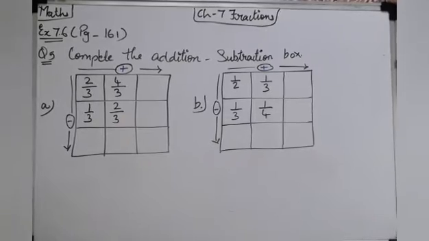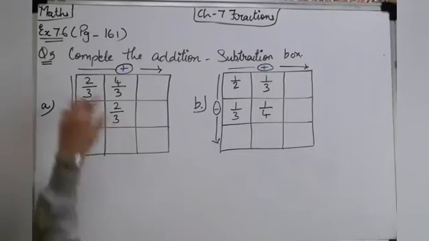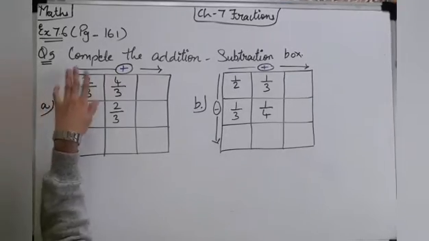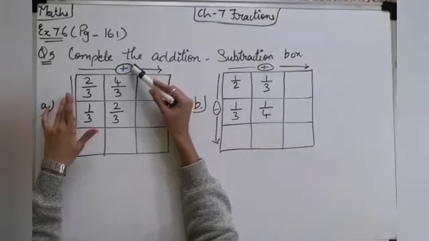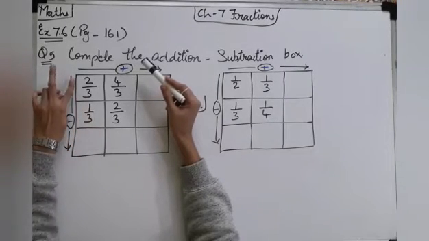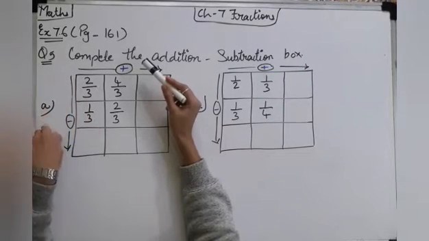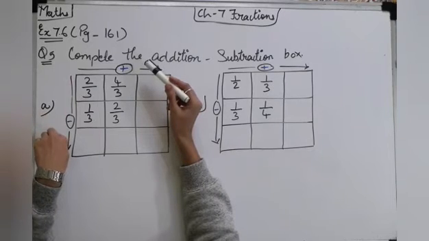Today we are going to do question number 5 of exercise 7.6 from page number 161. Complete the addition or subtraction boxes. Okay, you can see the arrow means if you are moving left to right you have to do addition, and if you are moving upward to downwards, in that case you have to do the subtraction. Okay,